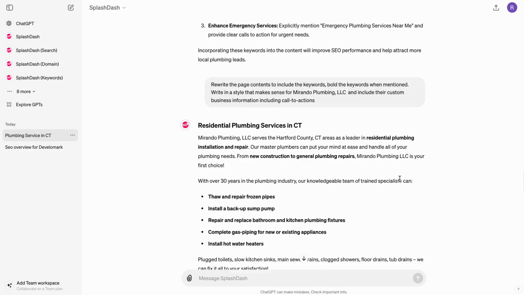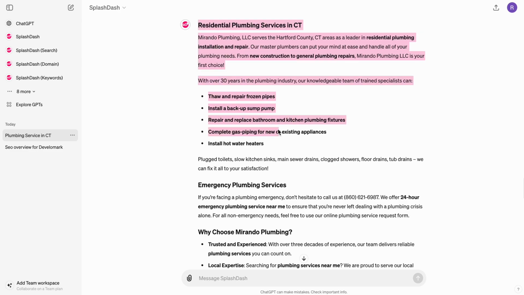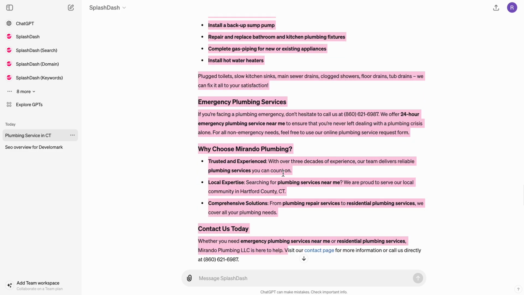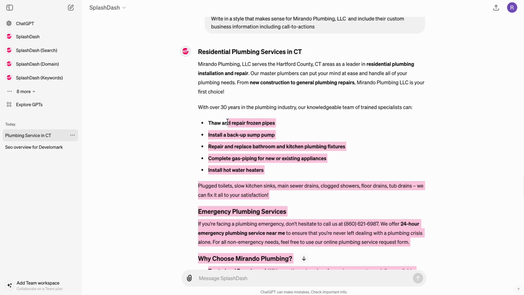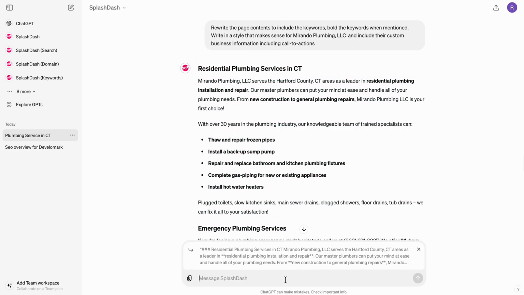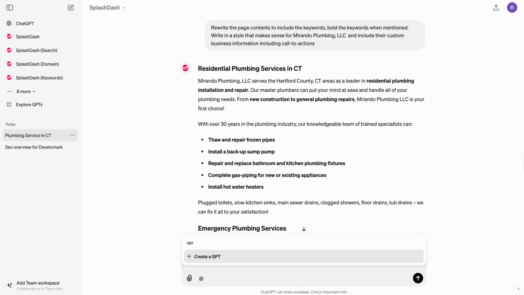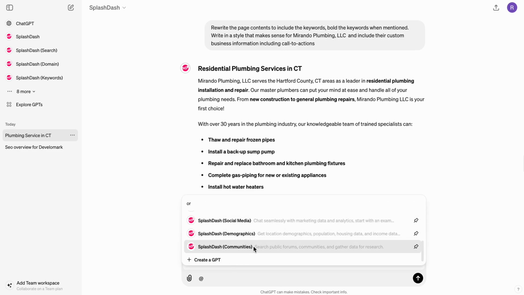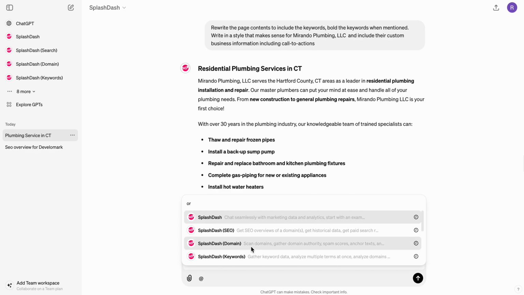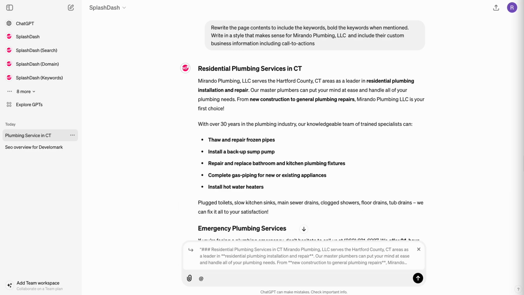So now let's take it a step further. If I was working with a content team, which DevelopMark does, I would then take this content that was written and I would tag Originality. And Originality is a really great tool that you may have heard of. But basically what it does is it allows you to gather